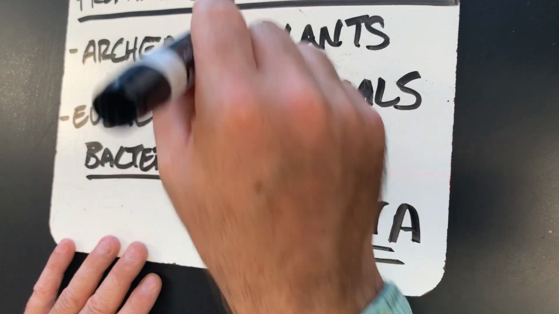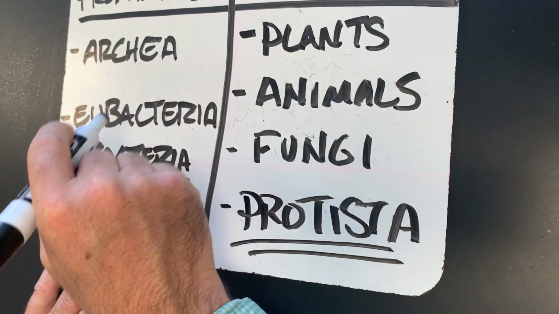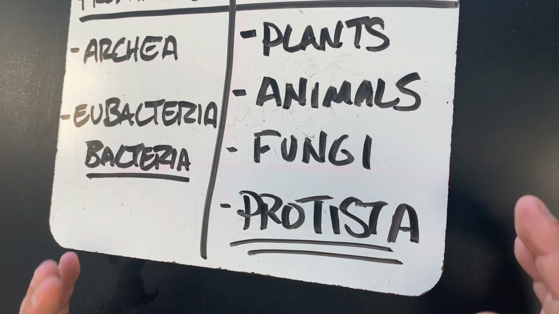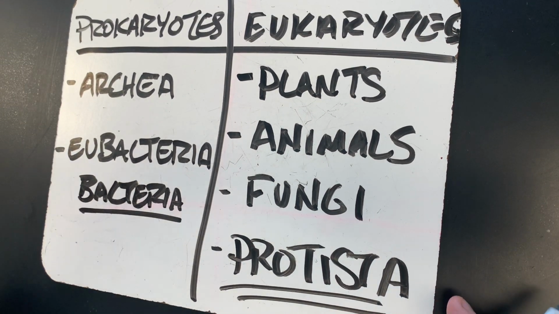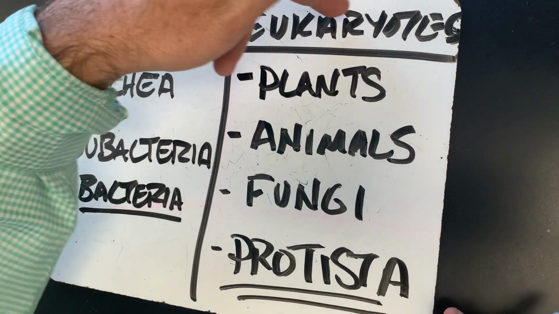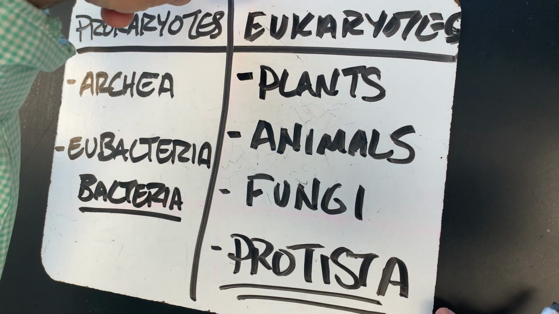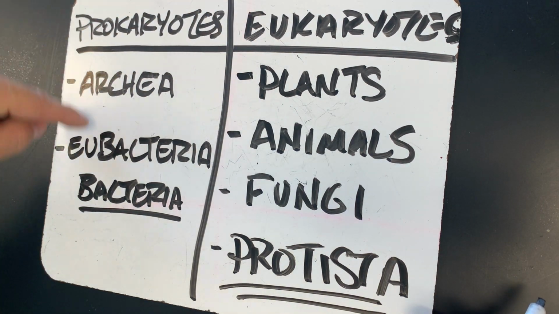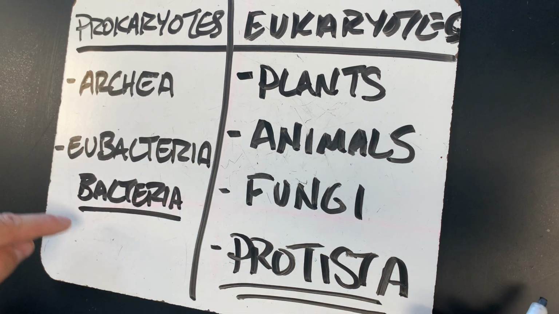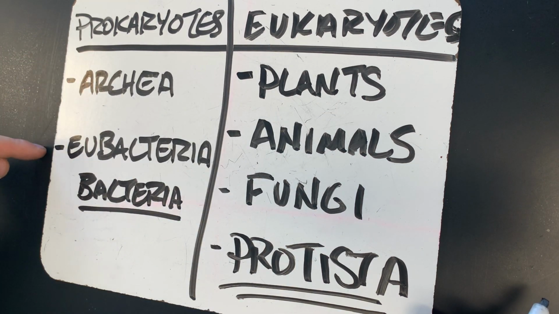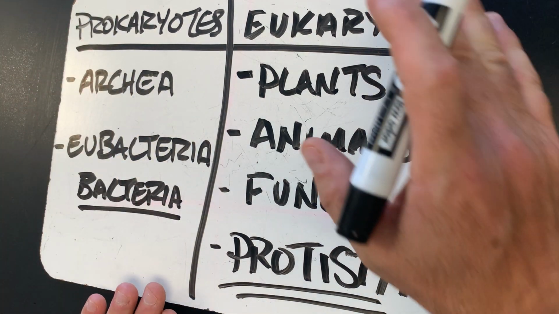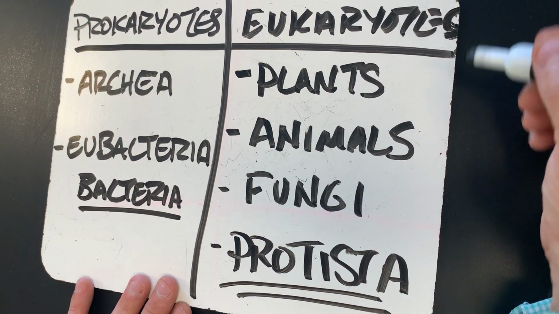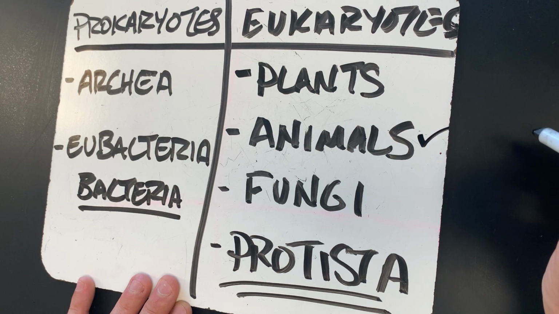So these are your big categories of organisms, and everything that's alive that we know of at this point falls under these categories. So prokaryotes and eukaryotes, those are our two big domains of life. And then here we have these categories underneath it. I've got archaea and eubacteria. They fall under this domain, which is prokarya. And then you've got eukaryotes, that's us. Here we would be, we're animals.